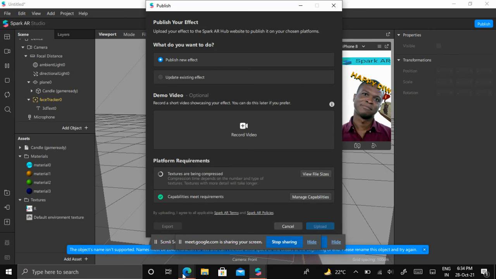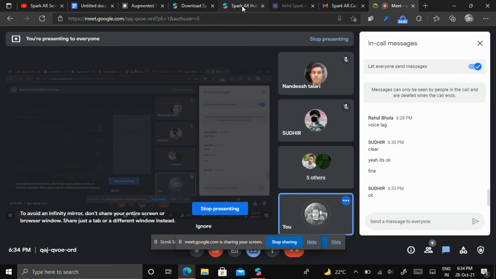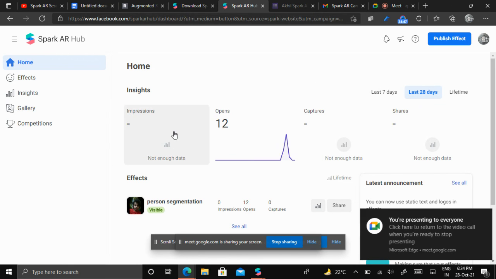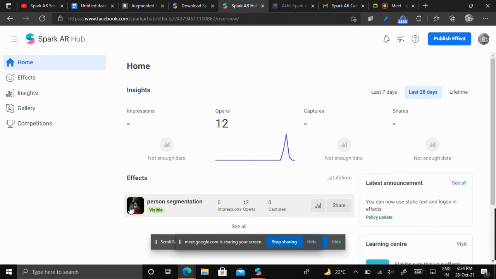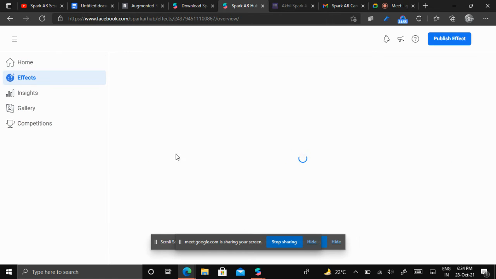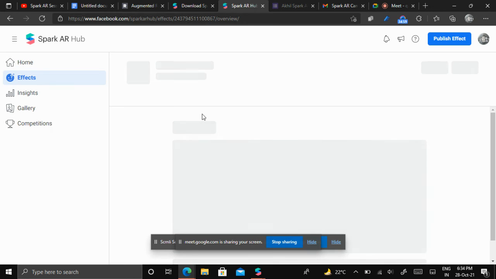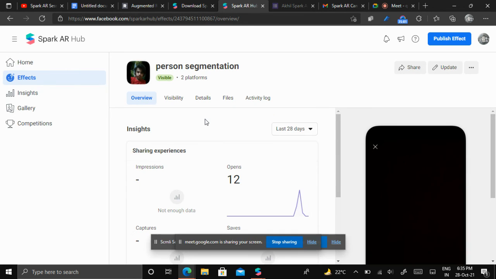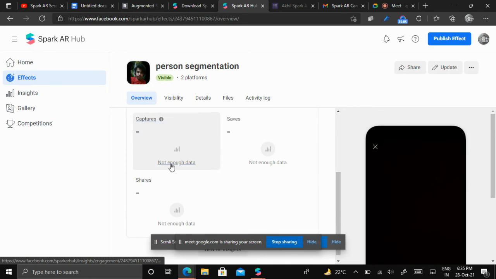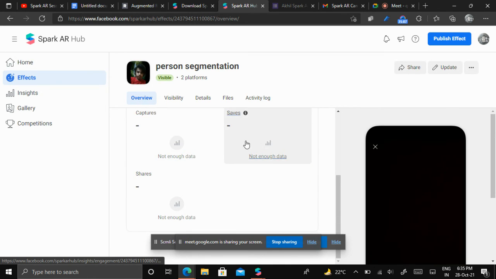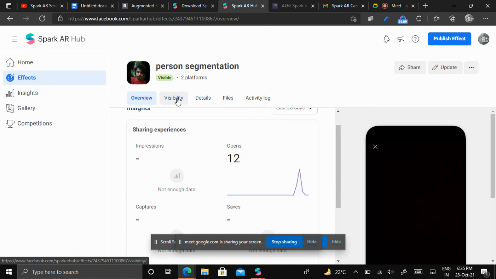So when we go to the Spark AR Hub, we can see like this. This is Spark AR. I've already submitted one effect before. You can see like this. It has got 12 opens and zero captures, zero saves, zero impressions.